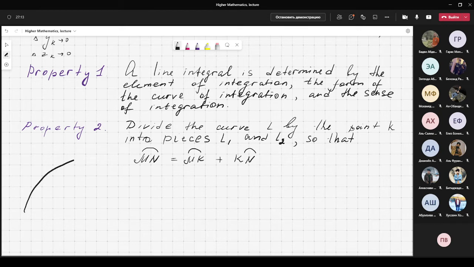This curve, with points M, N, K, and pieces L1, L2. Then from Formula 1 it follows directly that